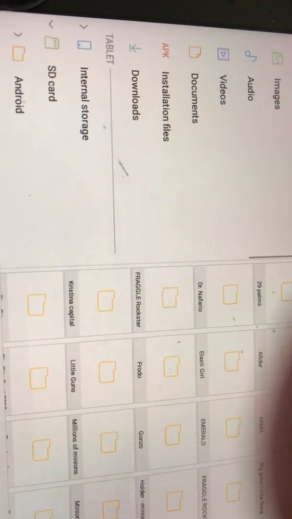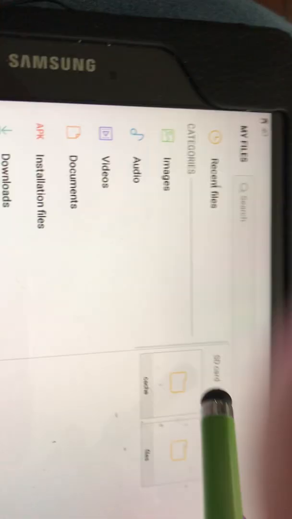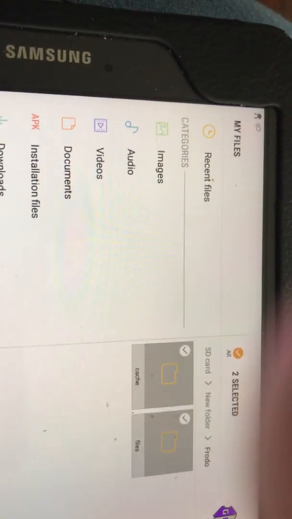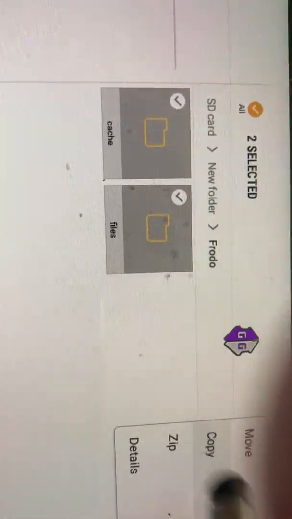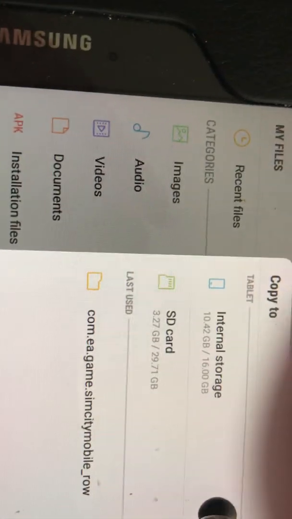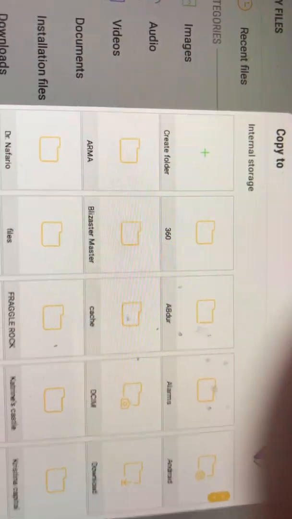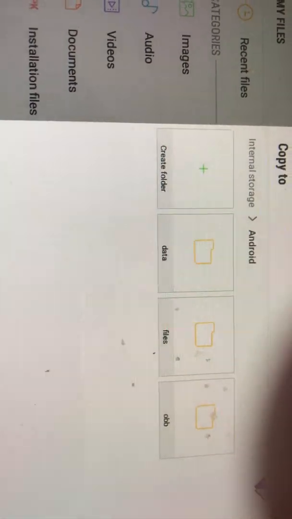And so I go ahead and find Frodo. Then I can highlight him, and you're basically highlighting the cache and the files, and I go up to this little icon up here. It might be slightly different on yours. It was for me and Daisy when she taught me how to do this. And I hit copy, and then I'm going to hit copy to internal storage, and I go into Android, and then